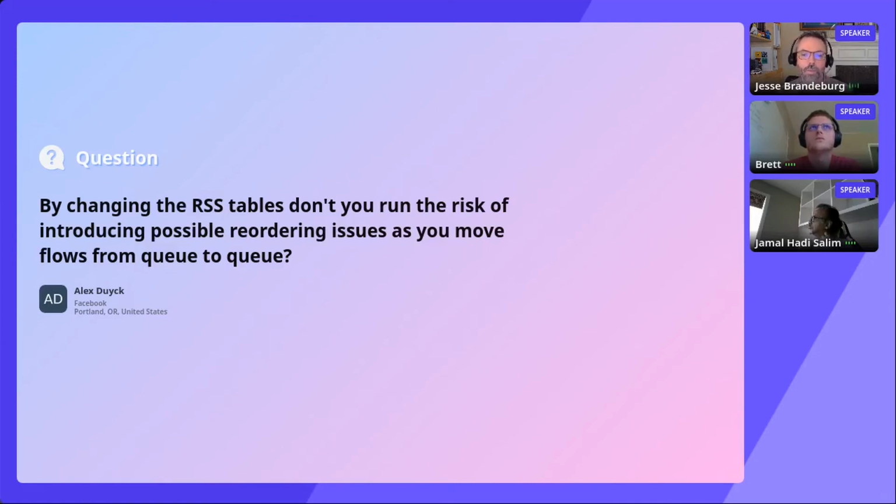Yes, you run into the issue of some reordering as you start dynamically increasing the RSS queues that are available. But on the flip side, it's a 50-50 chance when you go to 2 queues and a 1 in 4 chance when you go to 4 queues, right? You could just end up using the same RSS queue for your flow. So some of the flows might get reordering, but